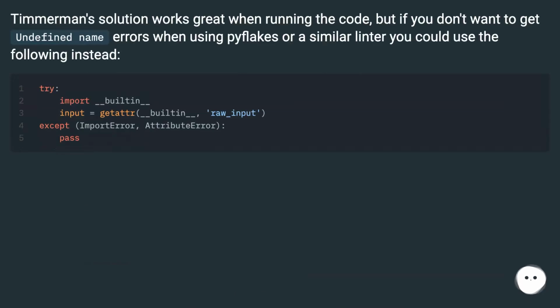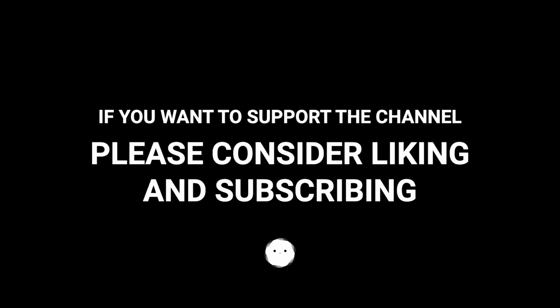Timmerman's solution works great when running the code, but if you don't want to get undefined name errors when using pyflakes or a similar linter, you could use the following instead. If you wanted to